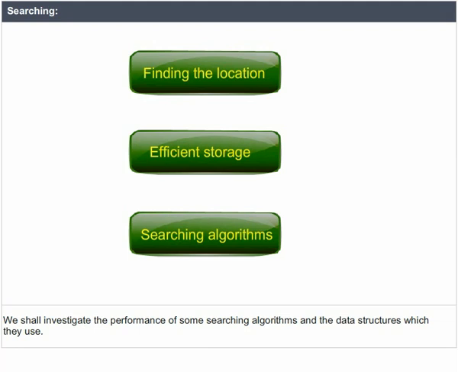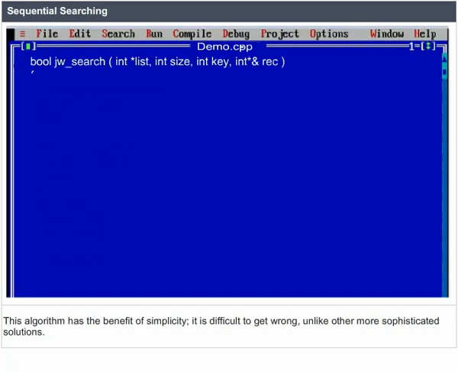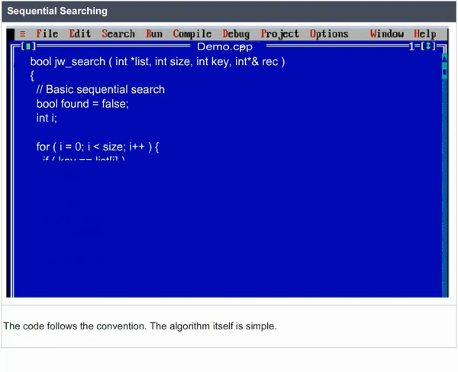Sequential searching. This algorithm has the benefit of simplicity. It is difficult to get wrong, unlike other more sophisticated solutions. The code follows the convention. The algorithm itself is simple. A familiar